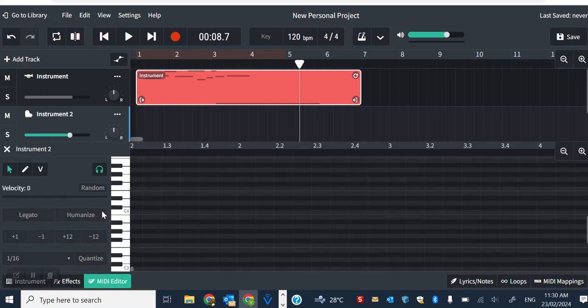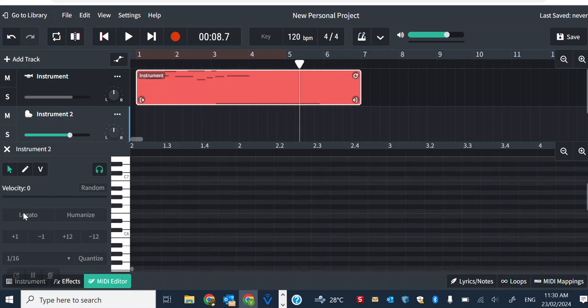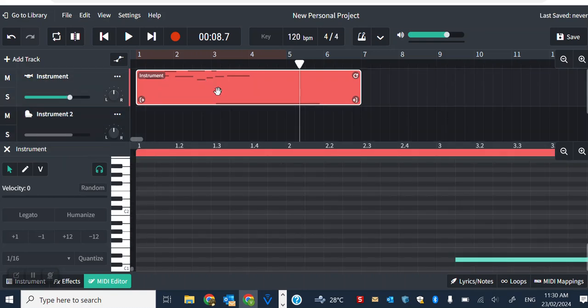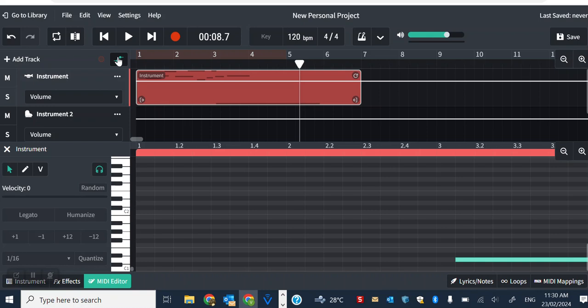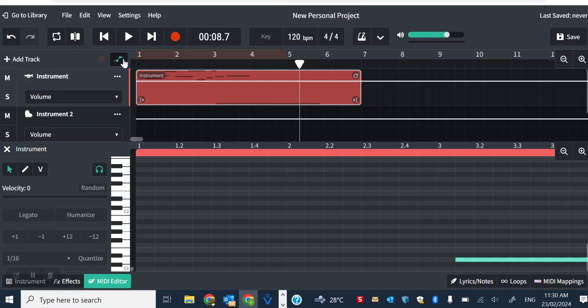And with your MIDI editor, this is telling you what the notes are, just in case you're not quite sure what the notes are, so that you've got an indication. And like I said, you can change the instrument by going into instrument. You don't have to stick with the one instrument. So if I decided I wanted to change this again, you can easily just jump into instruments and change it. The one other thing that you can also do in here, of course, is automation. Just like you could use automation for volume when using loops,